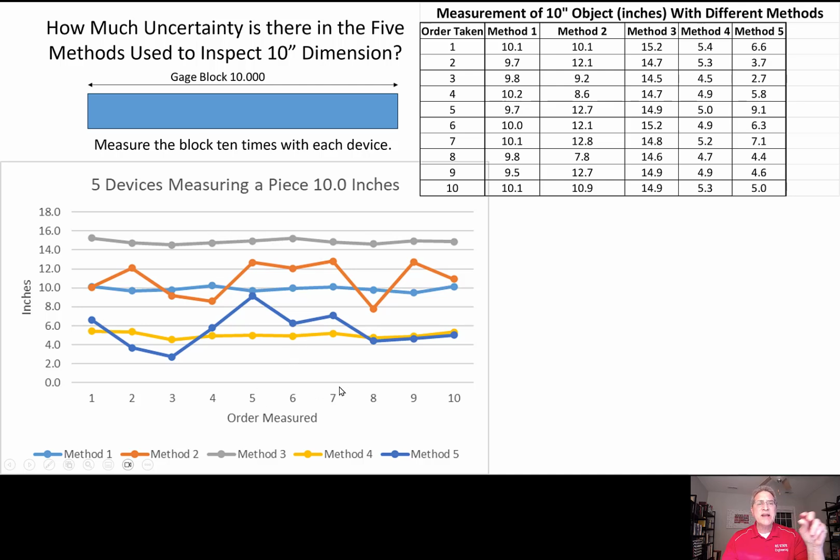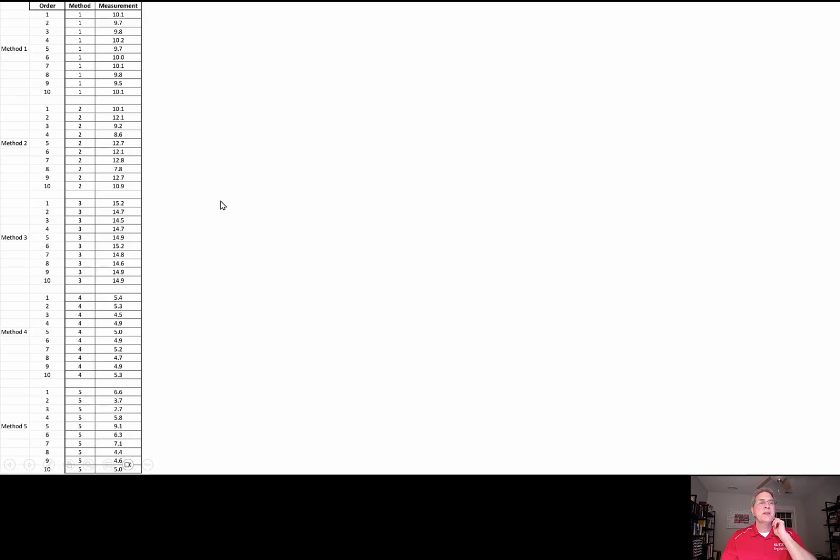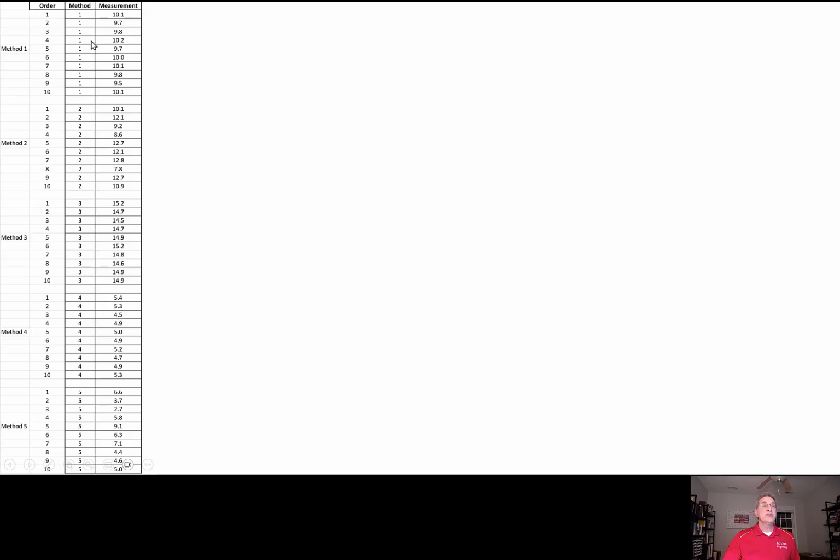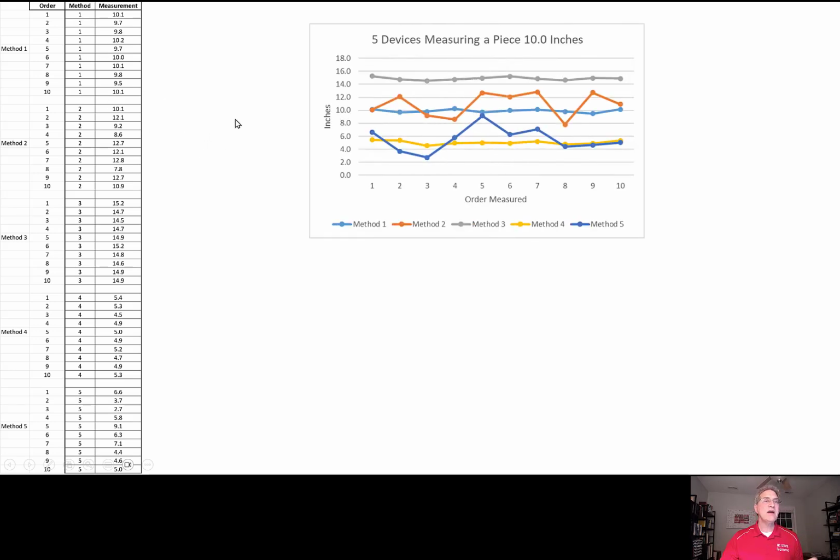But now, let me change the channel and see whether the data is trying to tell us anything different. To do that, I'm going to change the orientation of the data. We like to orient data this way because it's real easy for our eye. What you're going to find is from an analysis exploration, it's often much better to have your data going down this way with your different categories, and then you're going to be able to group and look at your data based upon all these categories here. So I do that first.